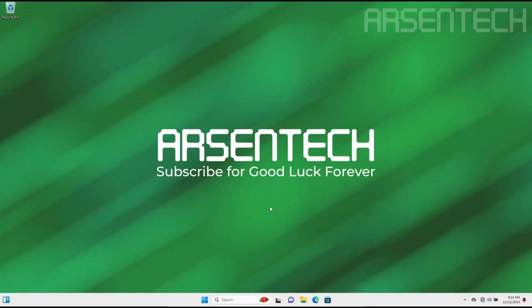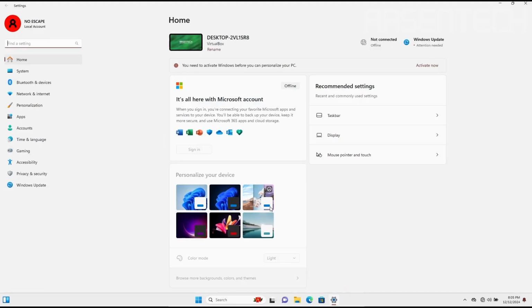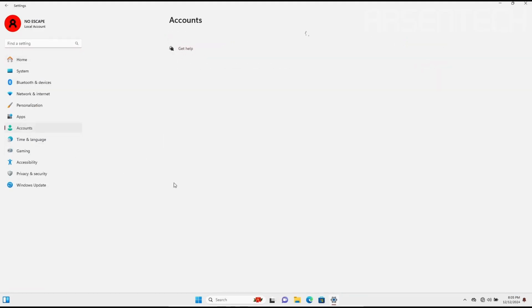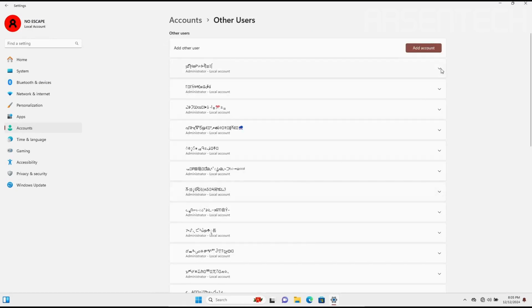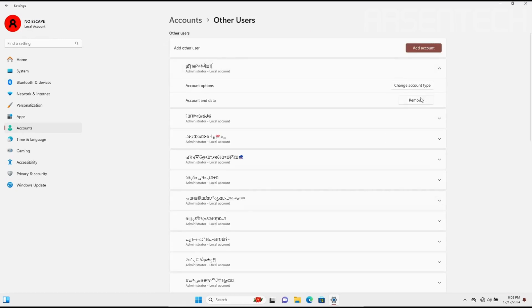After that, we will remove the users manually by going to Settings, Accounts, Other Users, and we will manually delete the user and data.